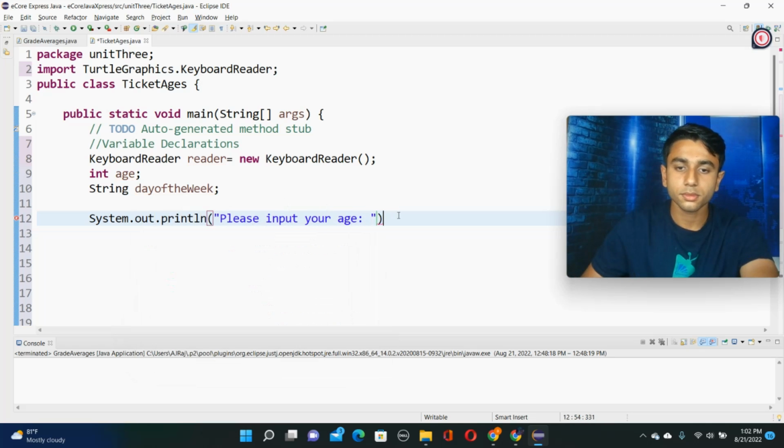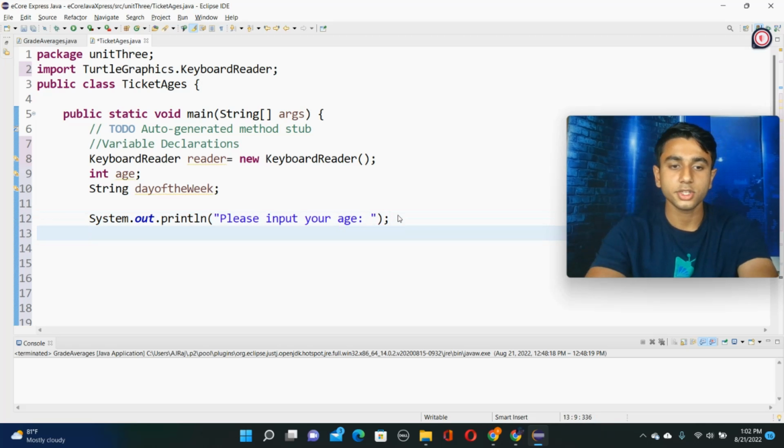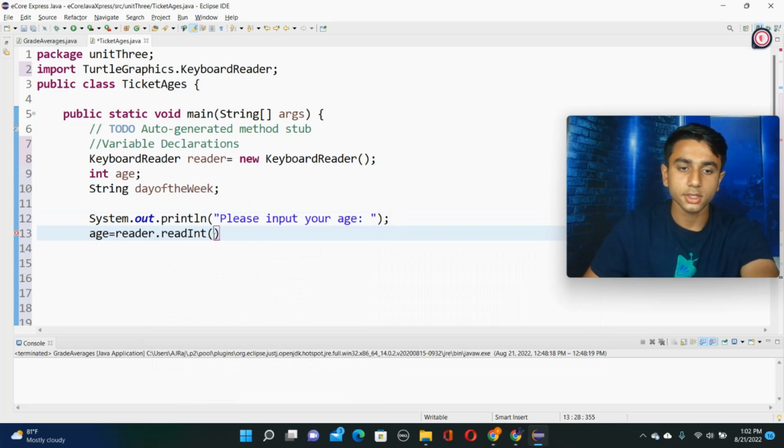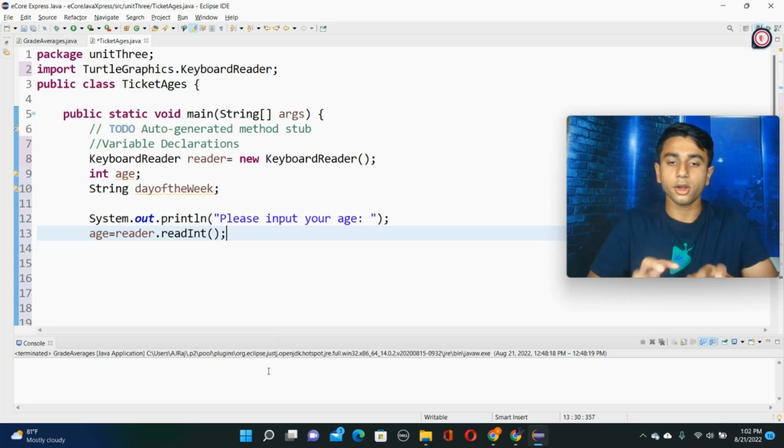And all that's going to be is we're going to set our variable age equal to reader.read int. So all this is going to do is, we just said system.out.println, please input your age. That's going to print to our console,